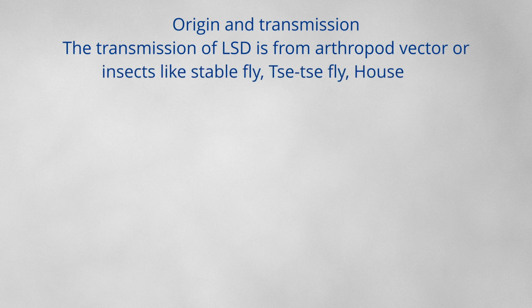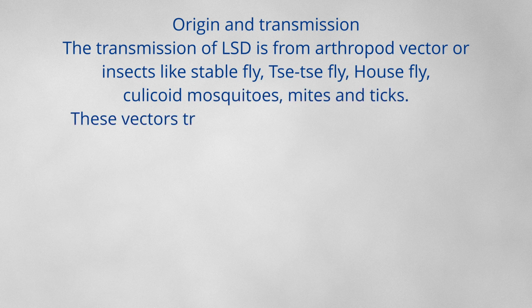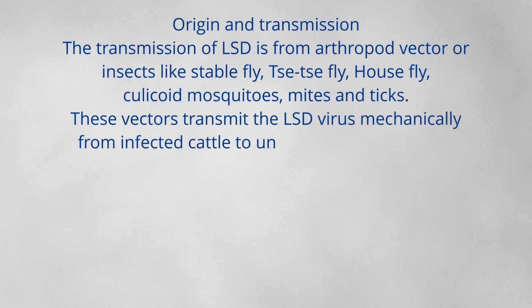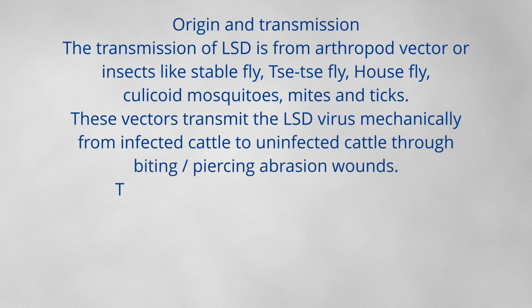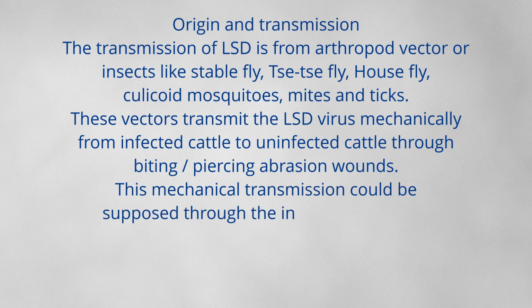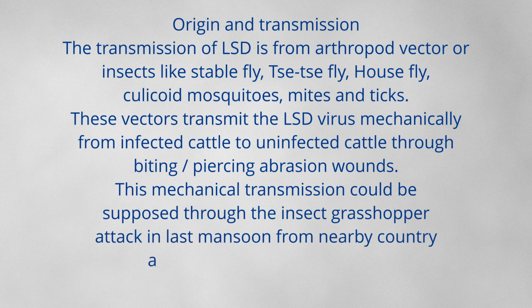That's very serious. The transmission of LSD is by arthropod vectors or insects like stable fly, tsetse fly, housefly, culicoides, mosquitoes, mites, and ticks. These vectors transmit the LSD virus mechanically from infected cattle to uninfected cattle through biting, piercing, and abrasion wounds. The mechanical transmission could be supposed through the insect grasshopper attack in last monsoon from a nearby country,